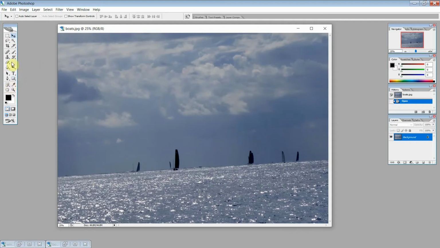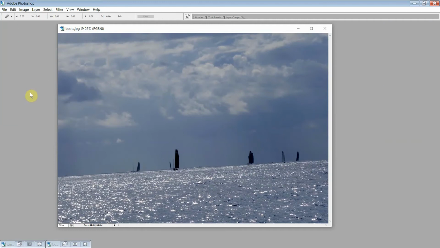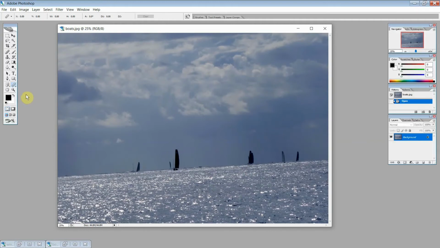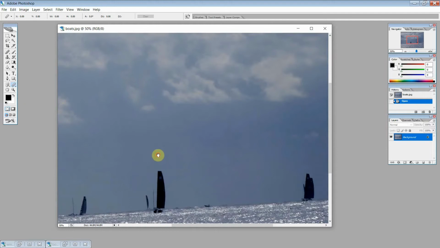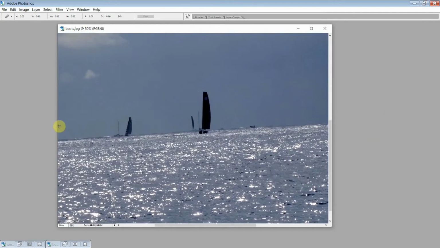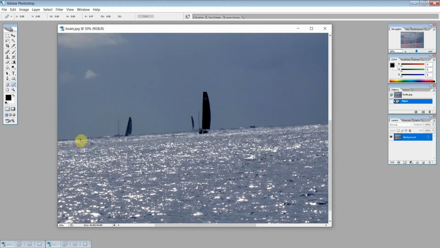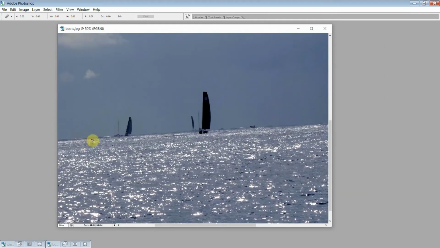Now if we go over here to the toolbox, down here, hidden under this eyedropper, is the measure tool. Click on that. And what we do is we zoom in first of all, so that's Control++. Hold down the space bar, move the picture around, and we click on the horizon, hold the mouse key down, move it along here to some other point,